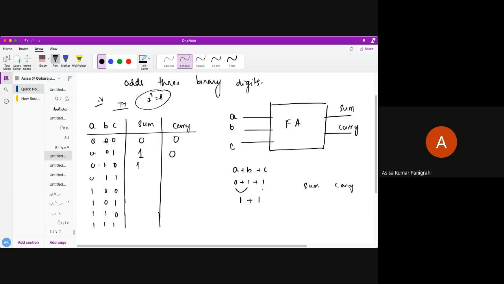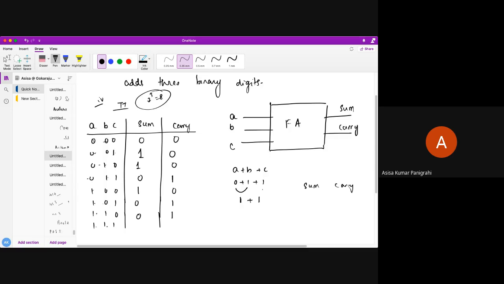Then 0 plus 1 plus 1, sum 0, carry 1, because 1 plus 1 is sum 0, carry 1. 1 plus 0 plus 0, sum 1. 1 plus 0 plus 1, sum 0, carry 1. 1 plus 1, sum 0, carry 1, already there is a carry. Next, 0 plus 0, 0.